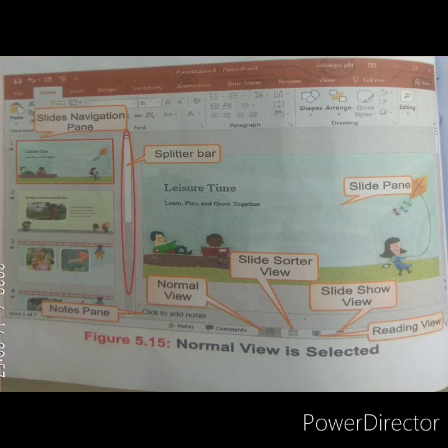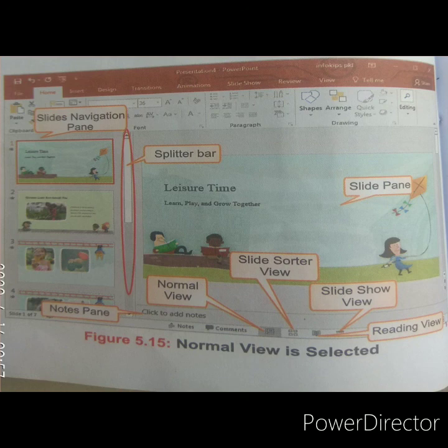It is the main editing view and it is used to write and design the slides for the presentation. We can add slides, add objects, and design our slide in the normal view, and you can add any graphics, animations, or effects to your slides in this view. It has three main parts. You can see a large view of the individual slide, that is the slide pane, in the middle. Next, notes in the notes pane: you can add notes about the slides. And slides display as thumbnails in the slide navigation pane.